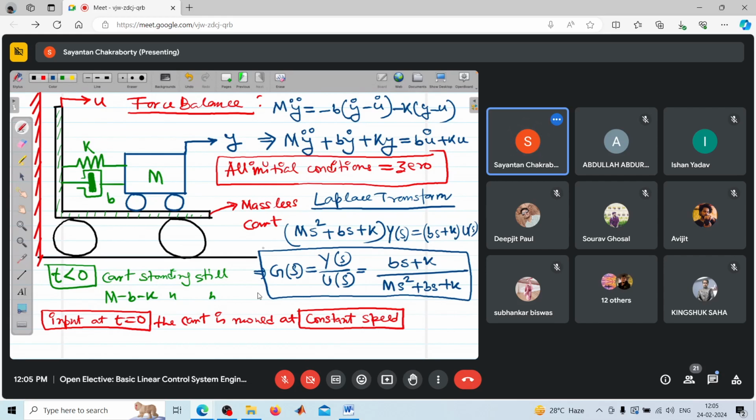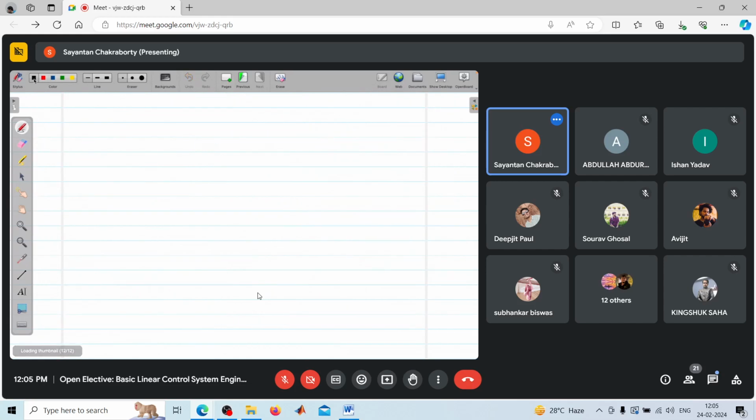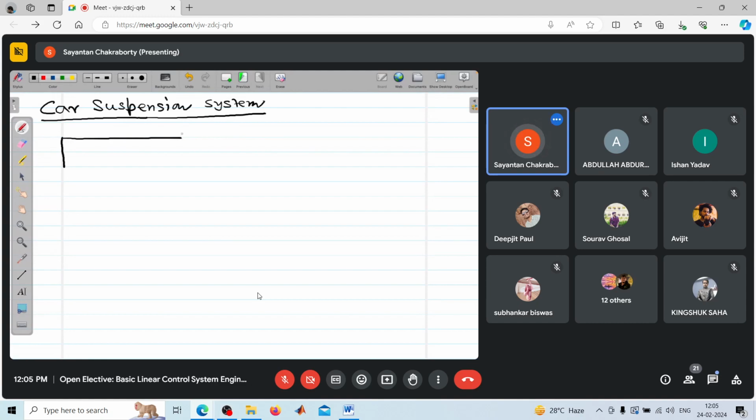So this is the transfer function of this particular mechanical system. Now, on the contrary, let us consider a completely different system, and that system is a car suspension system. Now, typically, if I draw the representation of a car suspension system,